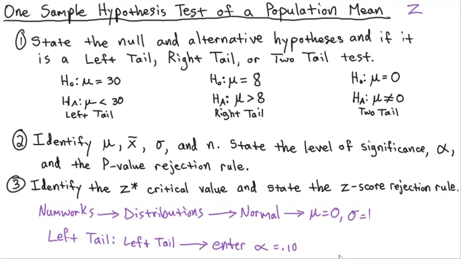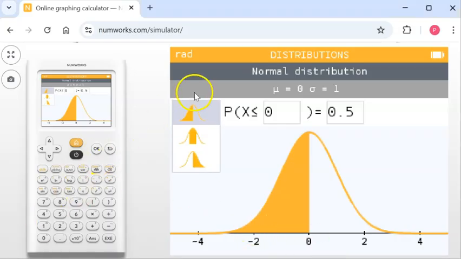Whatever alpha is, you're going to put that number. So let's say it's 0.05. You're going to put that number in the far right box. Okay, let's see what that looks like. So in here,